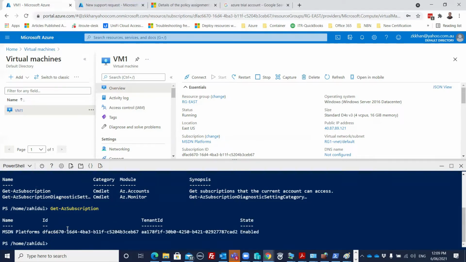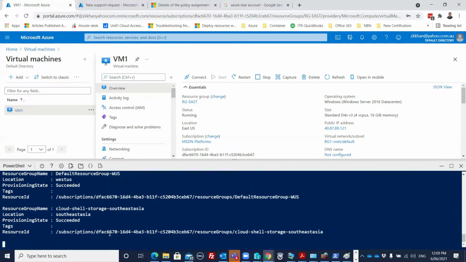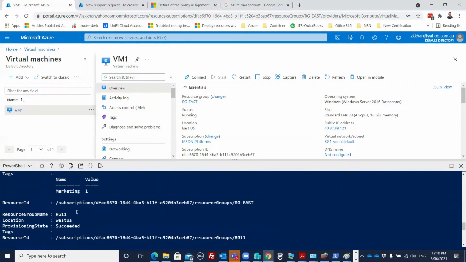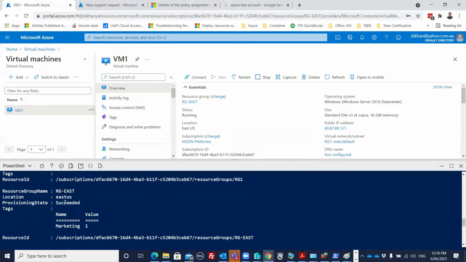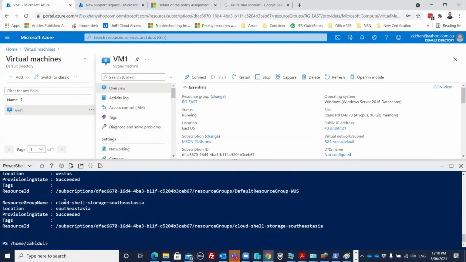In this way I can get a bit more details. Get-AzResourceGroup, because I have some resource groups, I can get that information, right? I have many of them, East US and this and that, many resources. Get-AzVM. Get means kind of like a